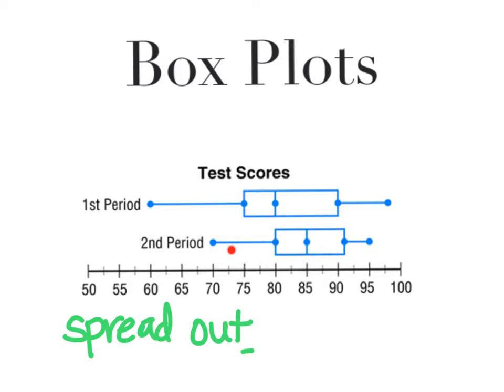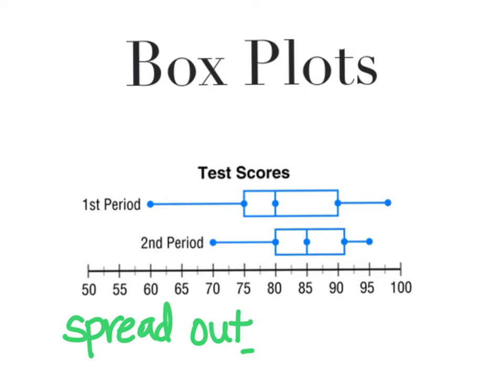Now if you look at second period, the scores are less spread out. You can kind of see that. The lowest score is here at 70. The highest is 95. So that's a smaller range of test scores. So again, a box plot is used to show how data is spread out. And you can also see